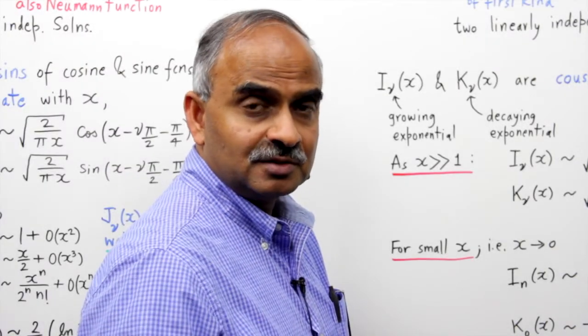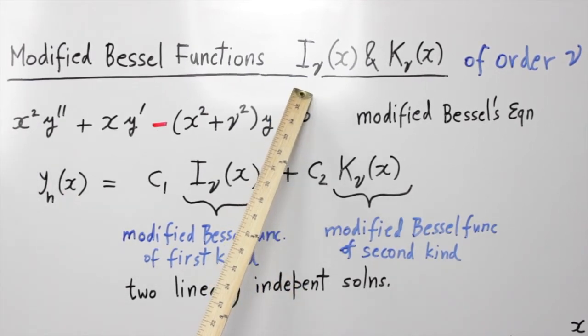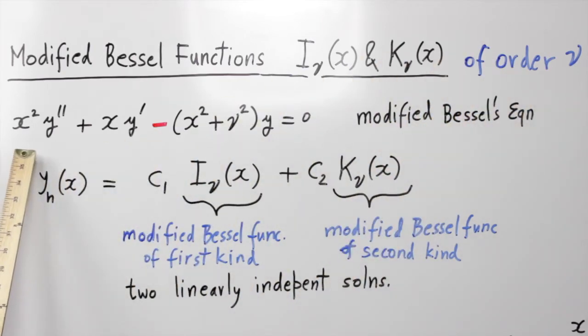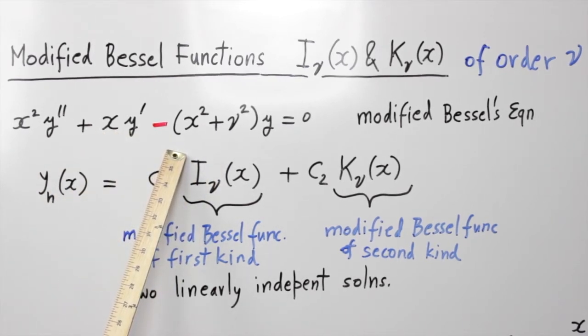So we'll now look at the modified Bessel functions. The modified Bessel functions are given by the notation I_nu and K_nu of order nu. They satisfy the following differential equation, which is modified from the original differential equation that we call the Bessel's differential